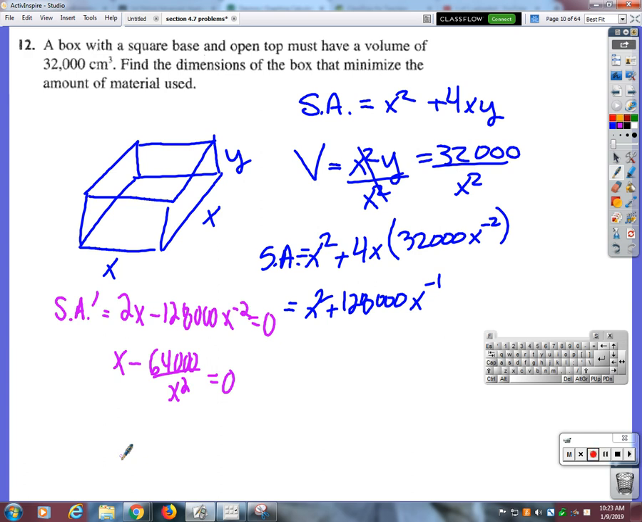Multiply everybody by x squared, so this x squared down here will cancel. So that gives me x cubed minus 64,000 equals 0. Okay, so x cubed equals 64,000. Cube root, and the cube root of 64 is 4, and the cube root of 3 zeros is just 10, right? So that means that x is going to equal 40 centimeters. So if I plug that back in, y, or the height, is